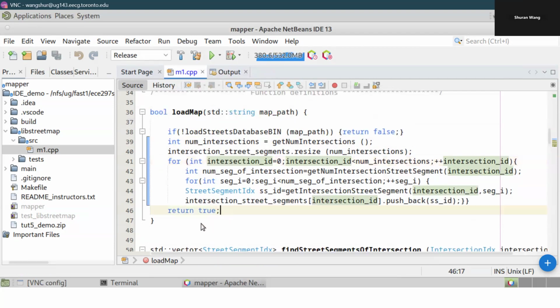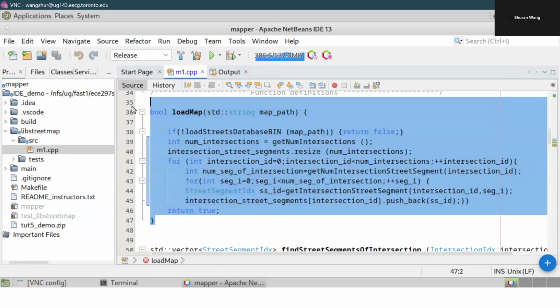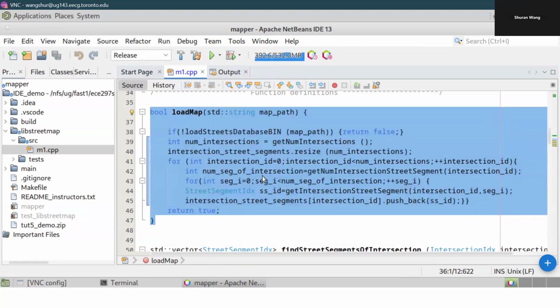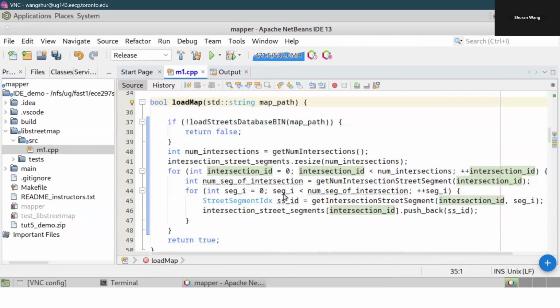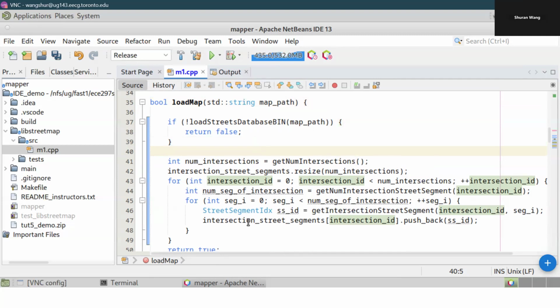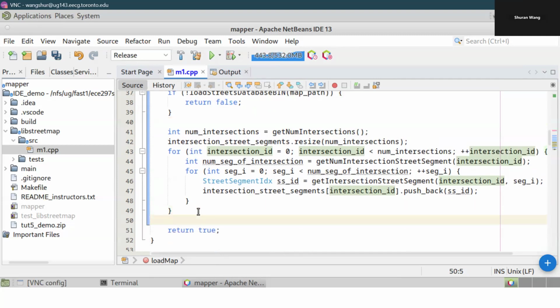And then format. There is the same functionality here for format. We can just highlight and click format. And we see in NetBeans, the format is defaulted to have the opening bracket on the same line, and for VS Code, it's on a different line. So watch out for that. And everything else is the same. And now,